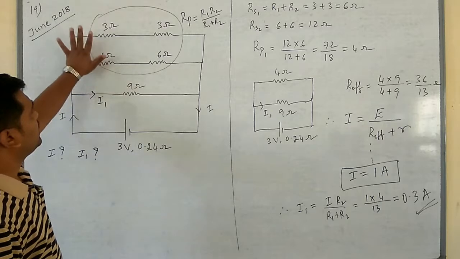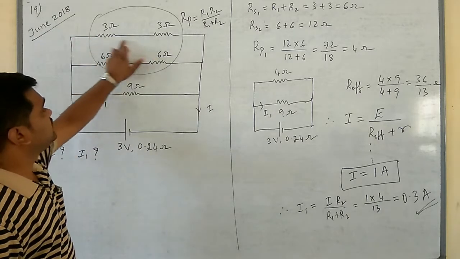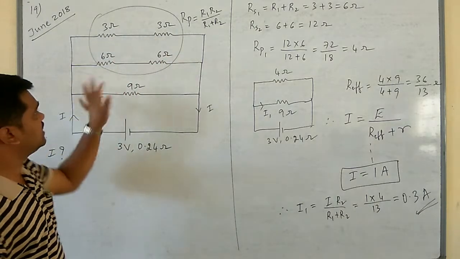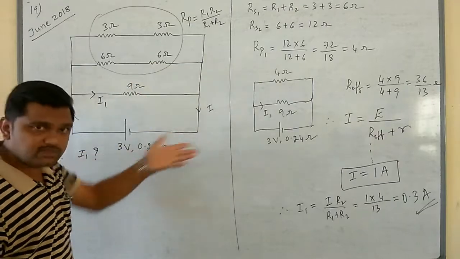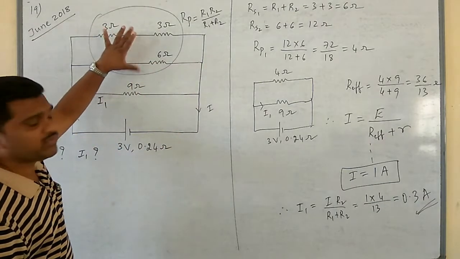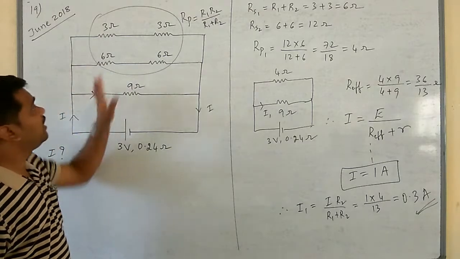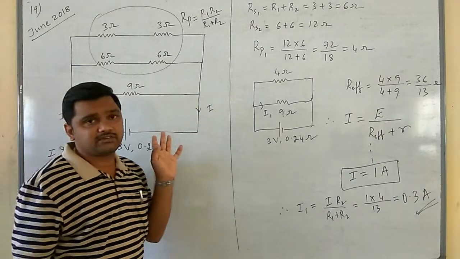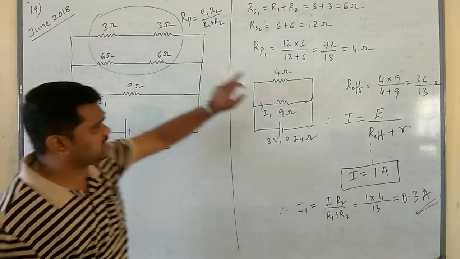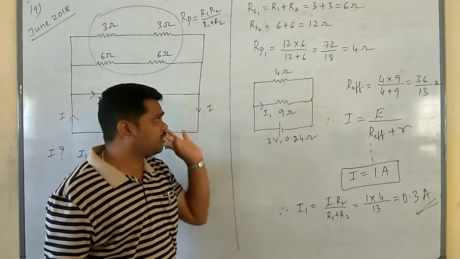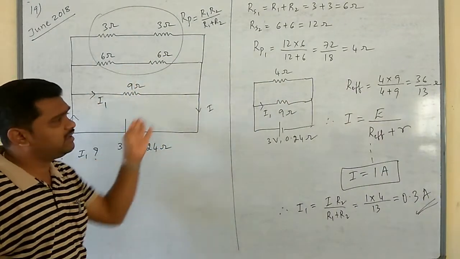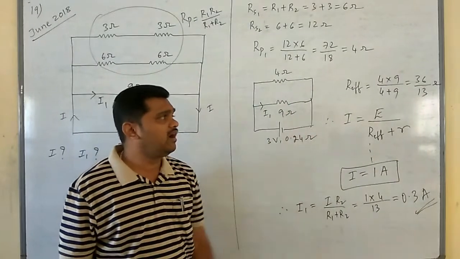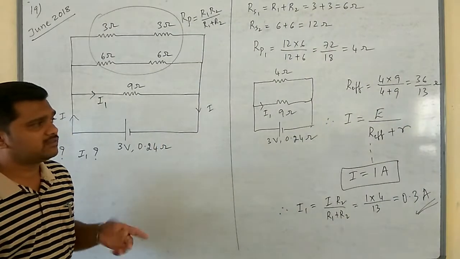Please remember, in the given circuit, this 3 and 3 are in series, hence RS1 is equal to 3 plus 3, 6, RS2 is 6 plus 6, that is 12. Next if we solve them, 6 and 12 will be in parallel. 6 into 12 divided by 6 plus 12 means we get 4 ohm. In place of these 4 resistors, I will write one single resistor 4 ohm. Next that 4 and this 9 are again parallel, therefore 9 into 4 divided by 9 plus 4, on solving it gives us 36 divided by 13 ohm.